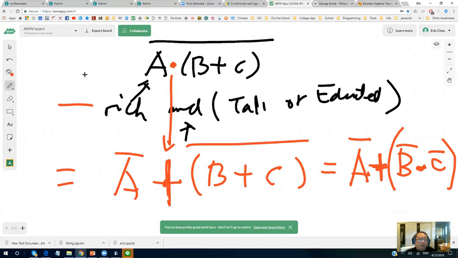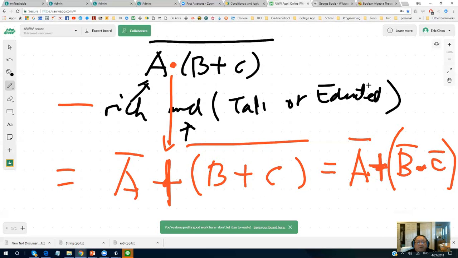So let's read it by logic. Don't actually calculate it. Here, I am rich and I'm either tall or educated. And I'm not like this, so here I put a bar. So I'm not rich, or I'm not tall or educated. And I'm not tall or educated means that I'm not tall and I'm not educated, right?